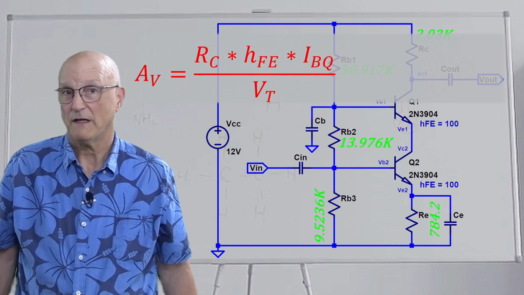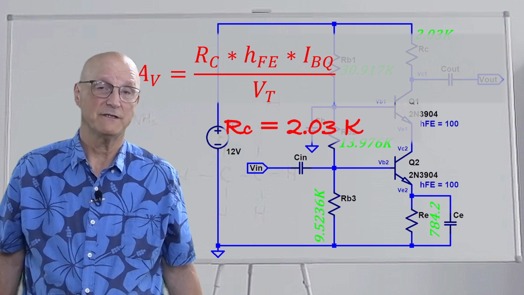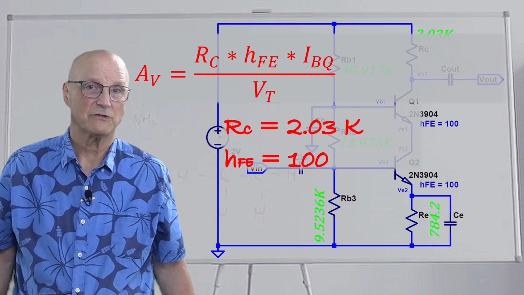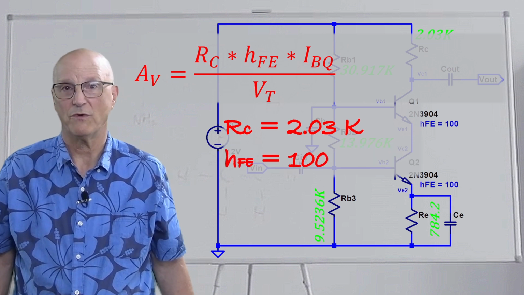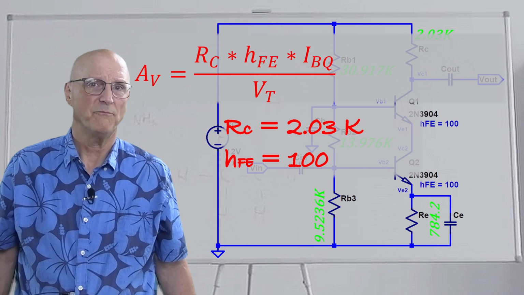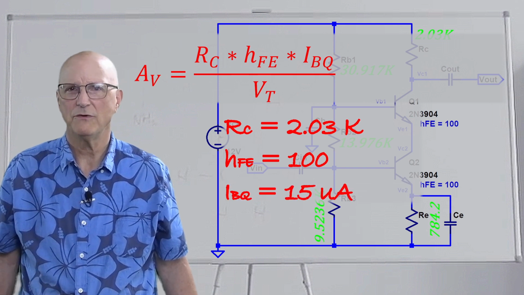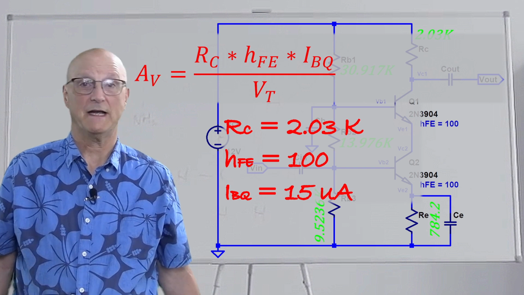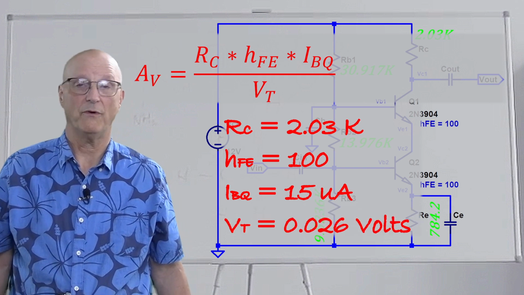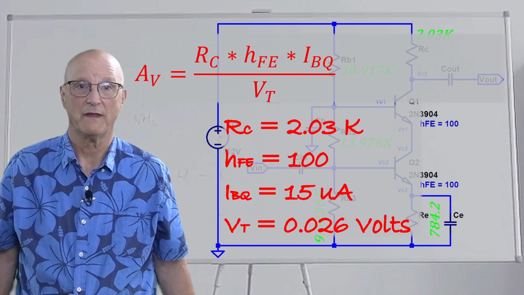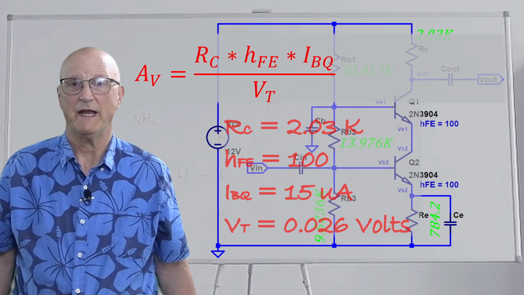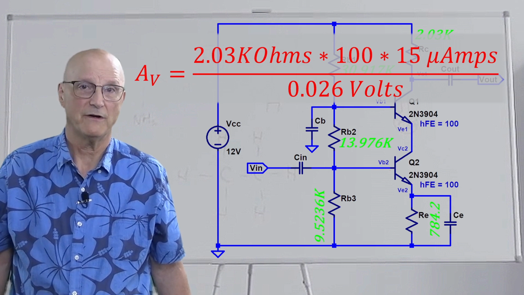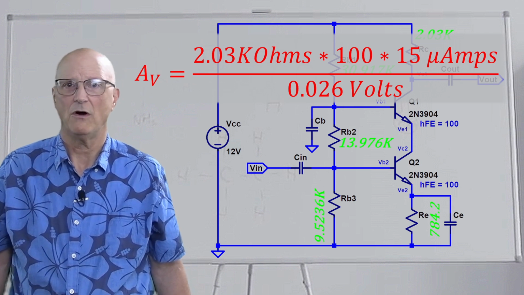And we know that the collector resistor, RC, is 2.03 k ohms. We know that the current gain of the transistor, or HFE, is 100. The quiescent base current, or IBQ, is 15 microamps. And the thermal voltage, as I said before, is 0.026 volts, which gives us a voltage gain of 2.03 k ohms times 100 times 15 microamps, all divided by